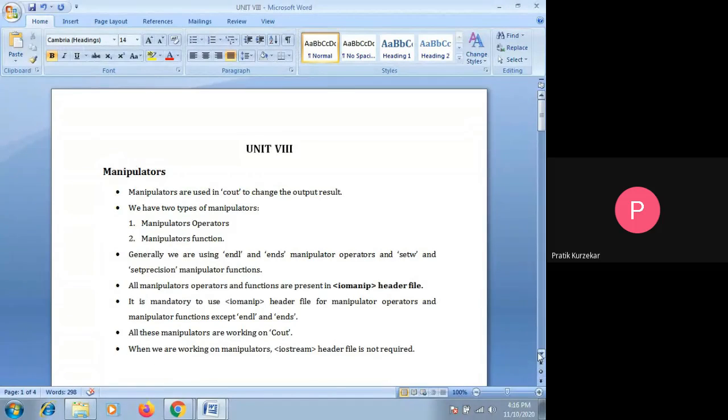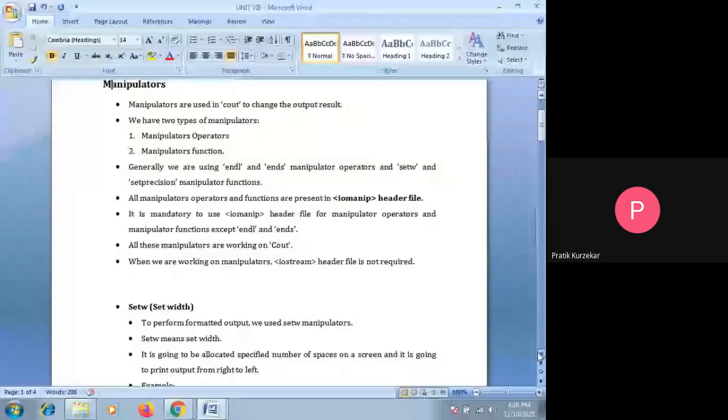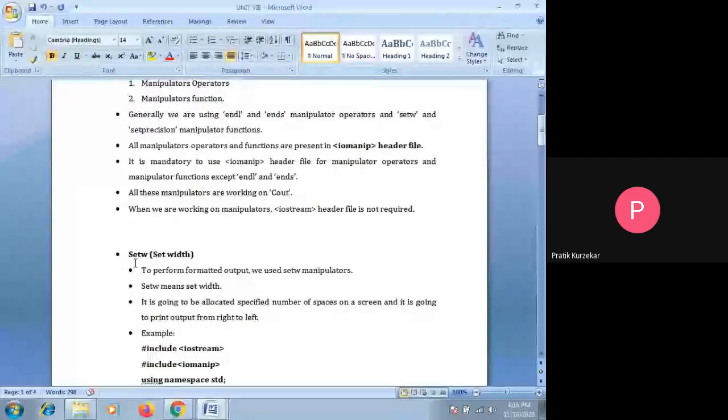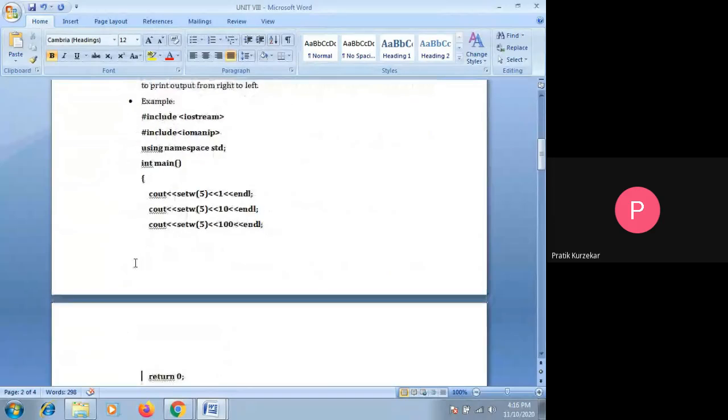From those manipulators, the first we have seen is the setw manipulator, that is set width. To perform formatted output, we have used the setw manipulator. For that we have simply seen the example, and this is the